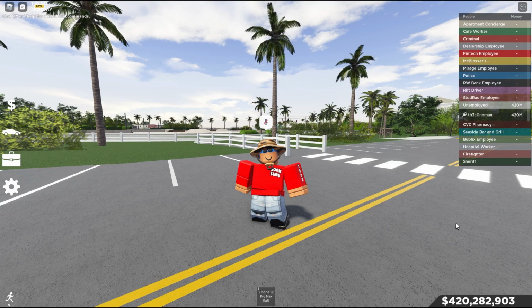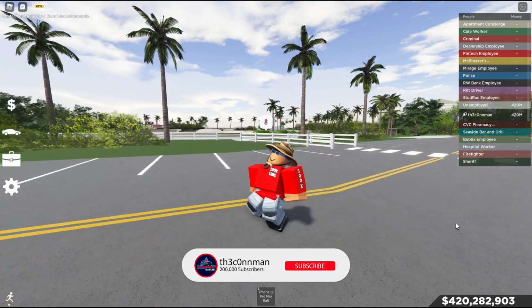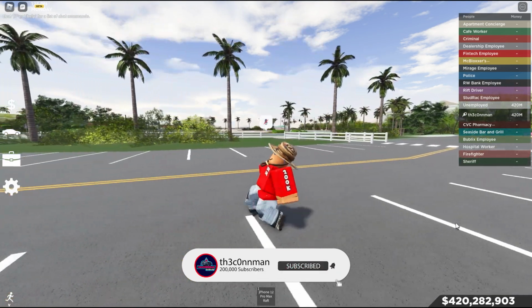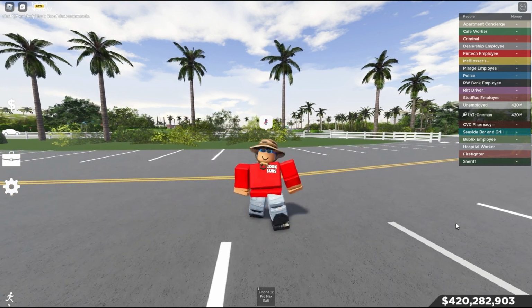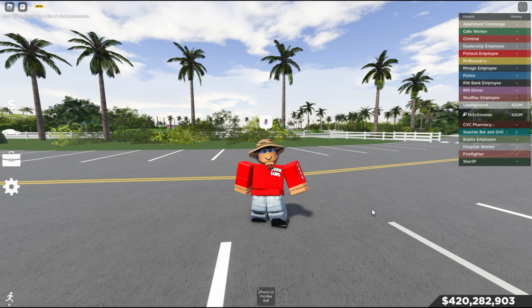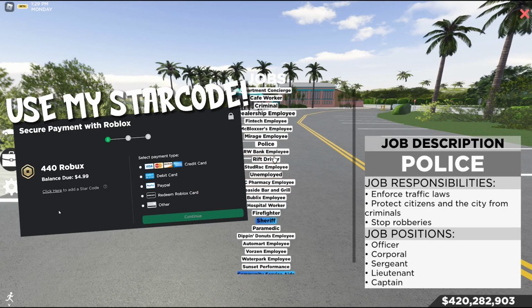In today's video, I'm going to be showing you how to properly stance your vehicles in Southwest Florida. I know a lot of you are confused on that and confused how to work the suspension, how to get good fitment, and everything like that. So in today's video, I'm going to be showing you step by step how to do that and what each of the settings do. So without further ado, let's head over to the good old dealership here,